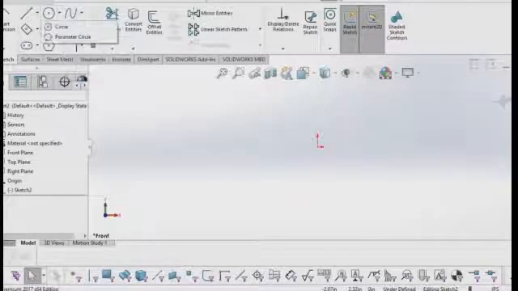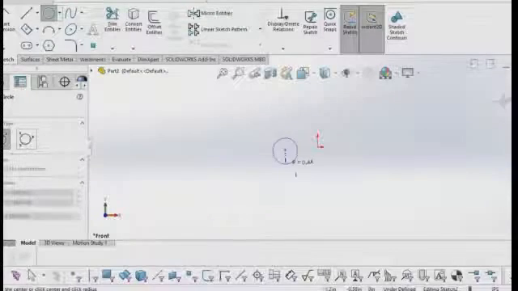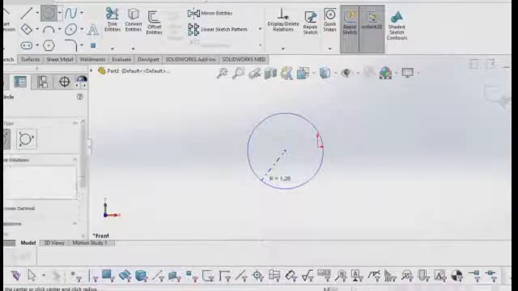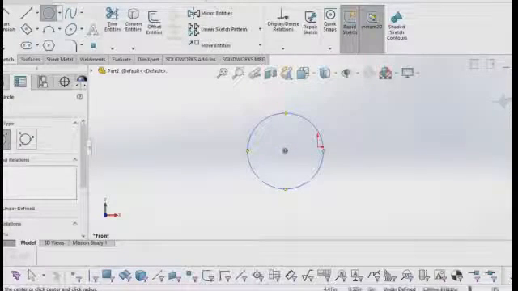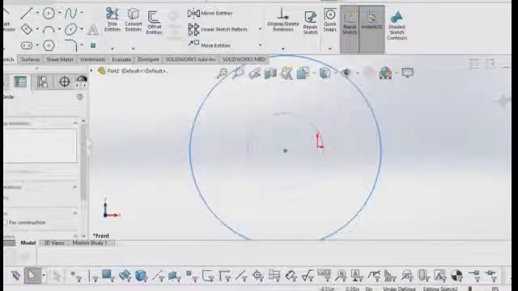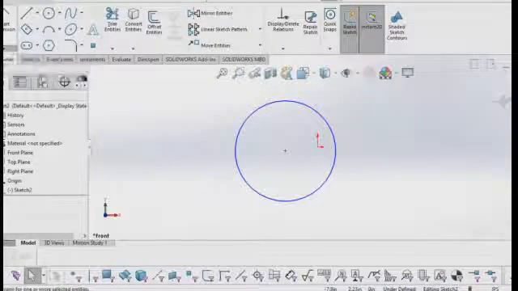Next we have circle. Initially you should give the center point for this circle. Later we should give the radius or diameter. It is in the radius mode. Giving the center point and giving the radius, you can drag it and increase the radius or diameter.